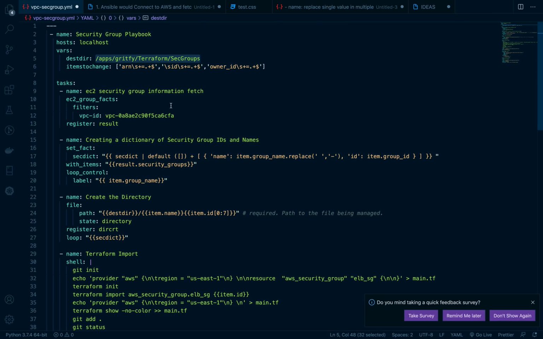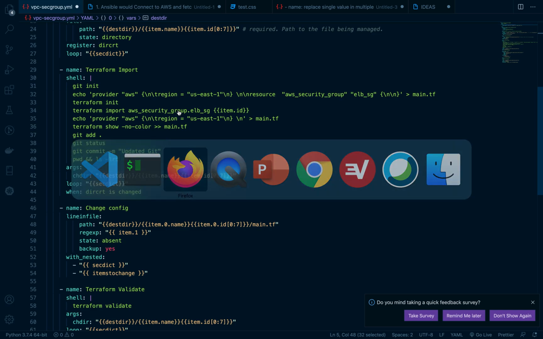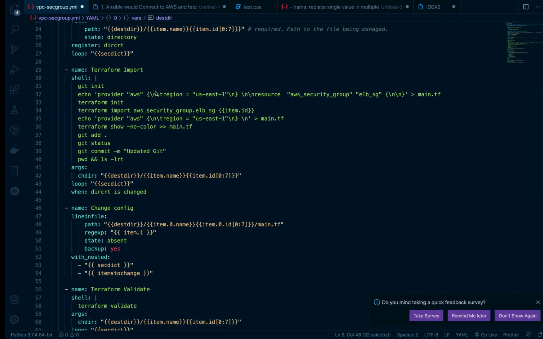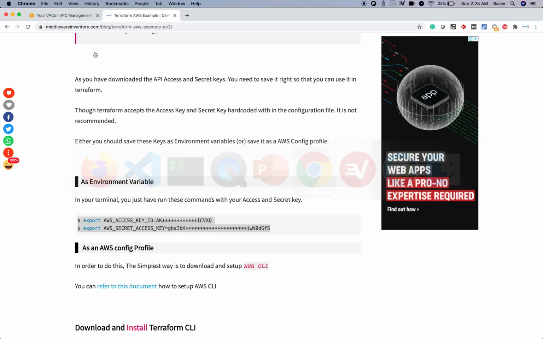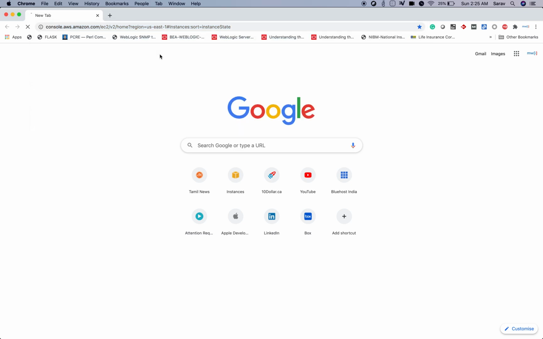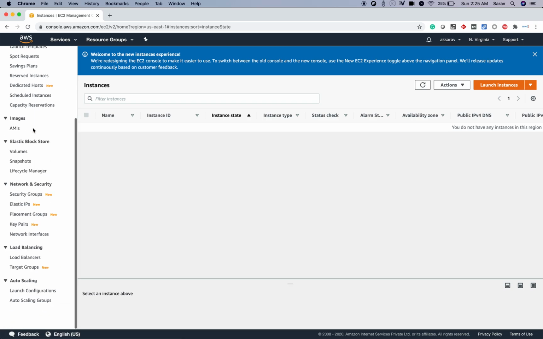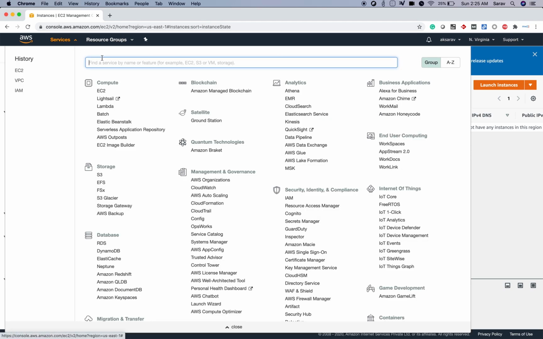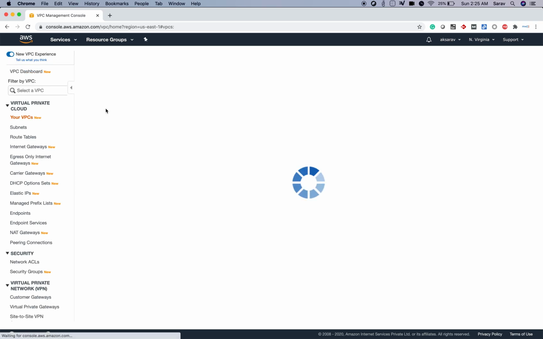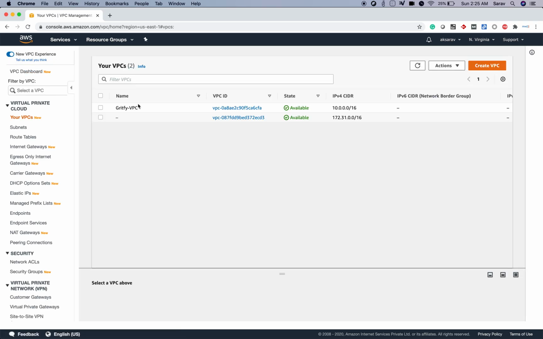Now I'm back. Let's go to my AWS console real quick, so that I can show you what AWS resources I have. I'm going to my VPCs, and this is the VPC that I have taken for the example.